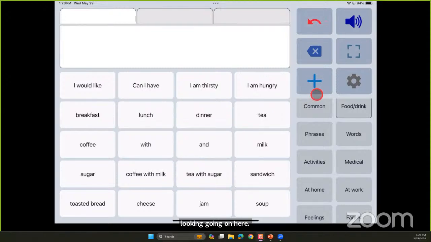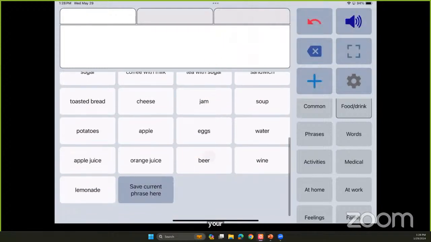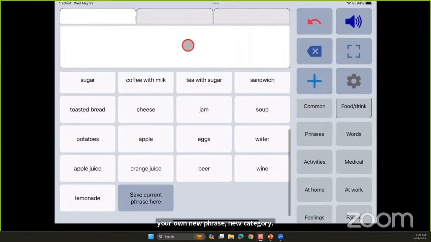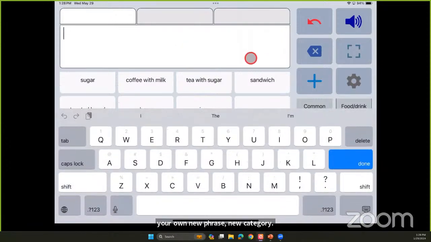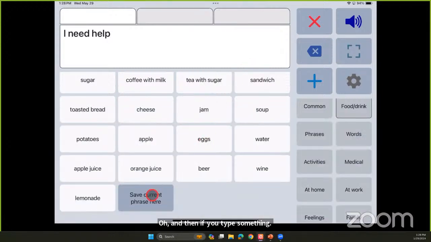Yeah, so like I said, a variety of phrases, you can add your own new phrase, new category. And then if you type something, then you can add it to the category there pretty quickly.